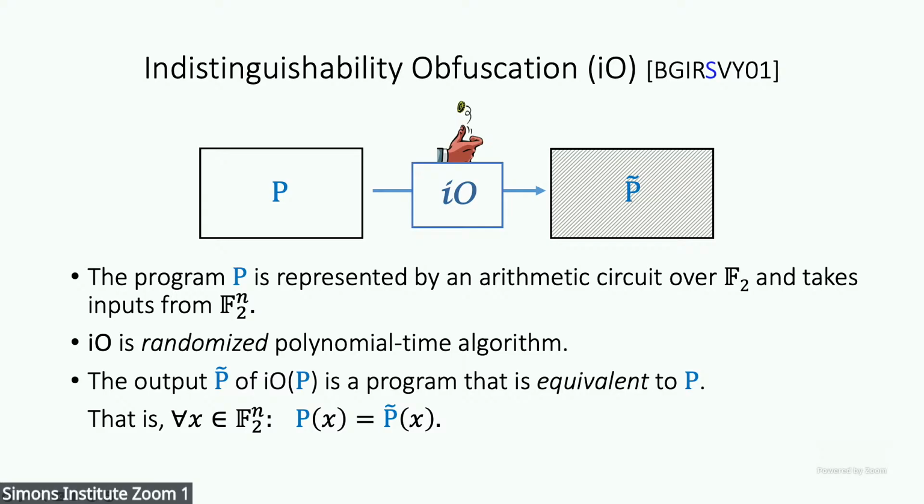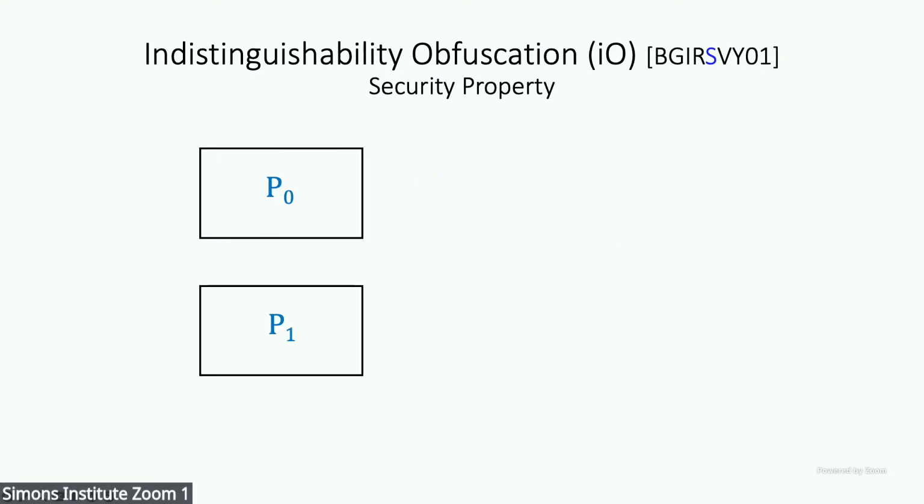So it's just functionality preserving. Okay. And so far, those are just basics. Now, what is the actual security property? The security property says that suppose I start with two different programs, P0, P1, that have the same size, so